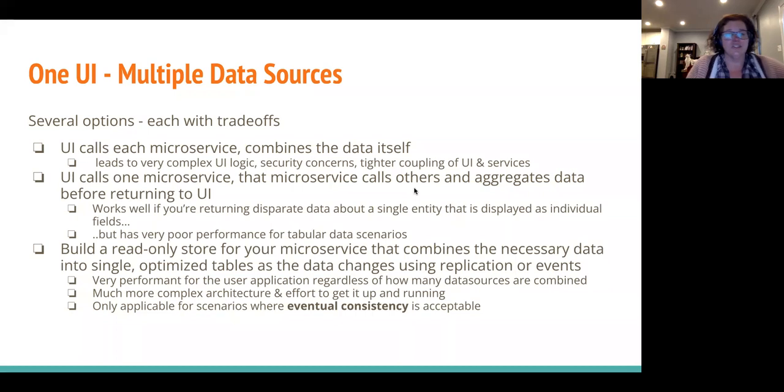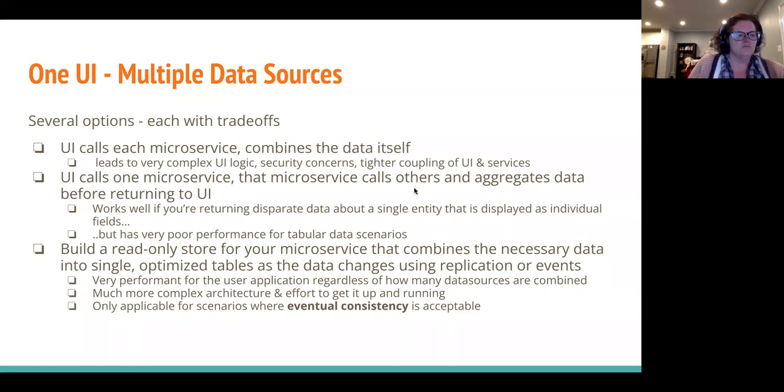Incidentally, that's what technologies like GraphQL do under the covers. They make it easy for the developers to say, this is the data I want, even though it comes from like 20 different places. But it obscures the difficulty, but it's not going to ever change the fact that it's not going to be super performant. And there are sometimes some security concerns with that kind of a system as well, that can be difficult.